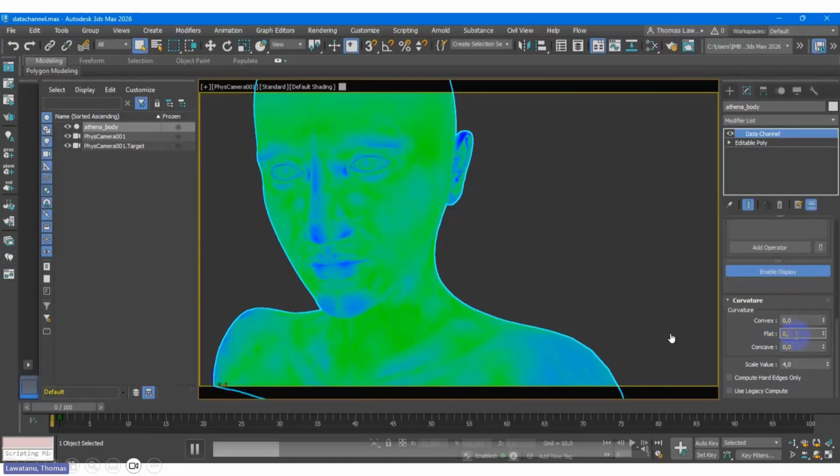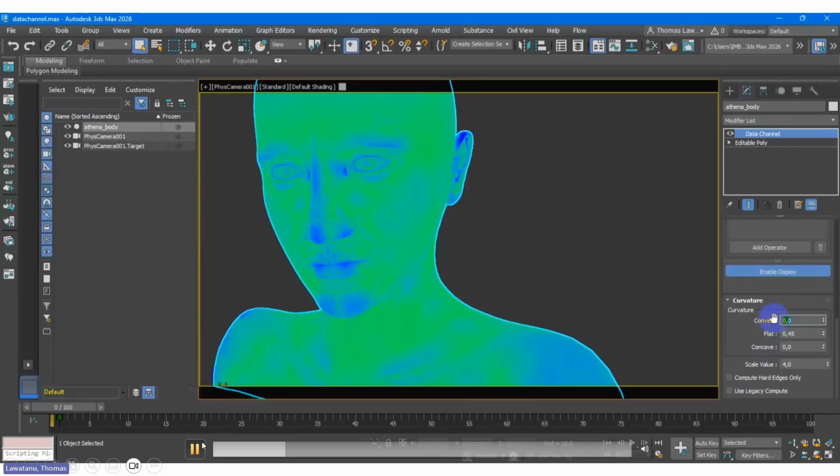Some adjustment. When you see right now, there is convex, flat, and concave. This represents the color. Remember, the color inside the data channel is RGB: red, green, blue, three colors. So the curvature, like the convex, the flat, and the concave, represents the three colors we have in RGB. That's why when you adjust, let's say, the convex, you increase or decrease the number, this will be reflected in the colors, one of the three colors.